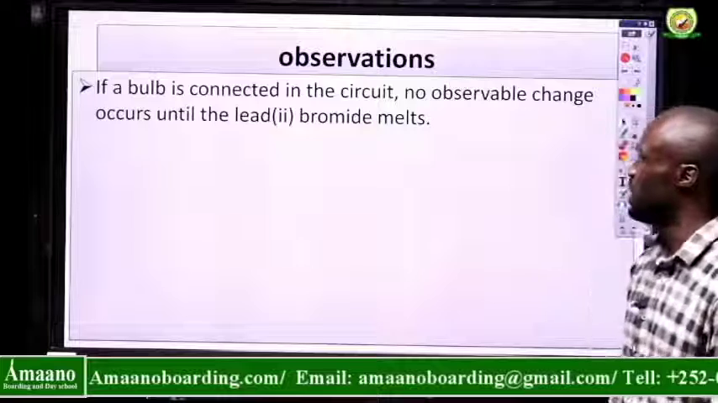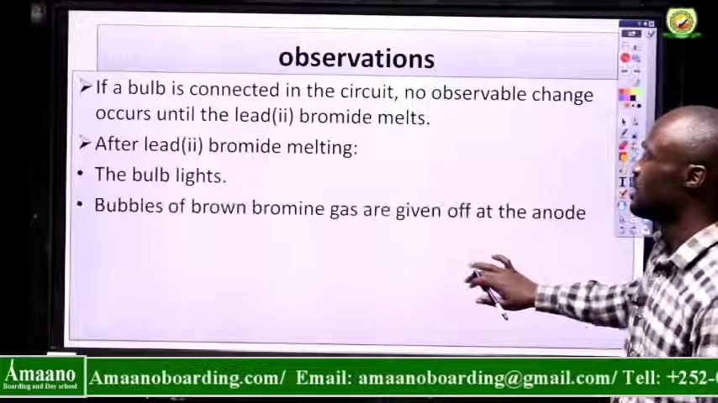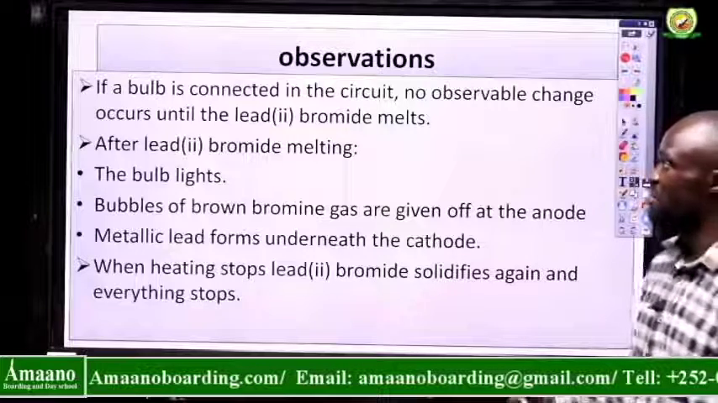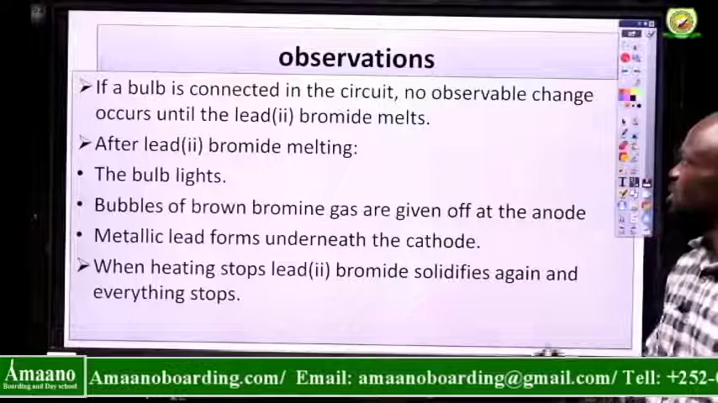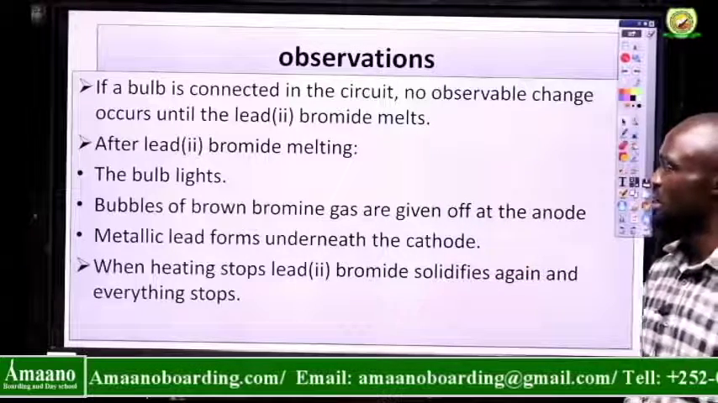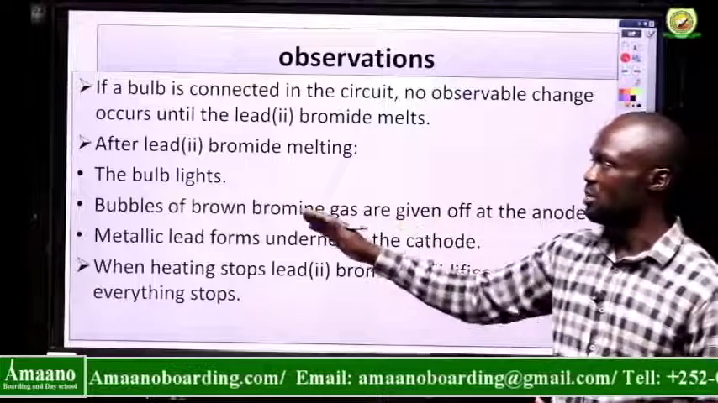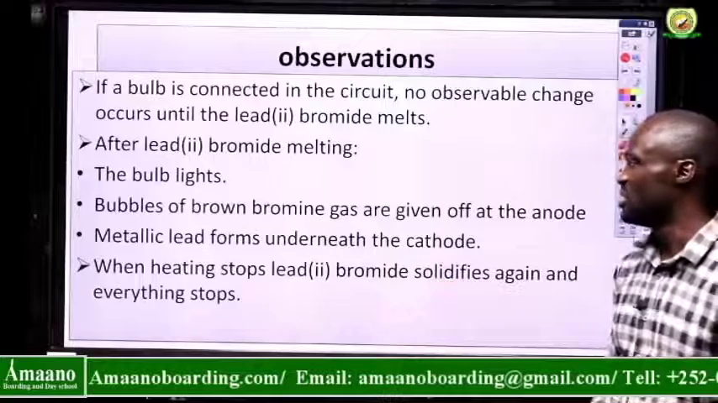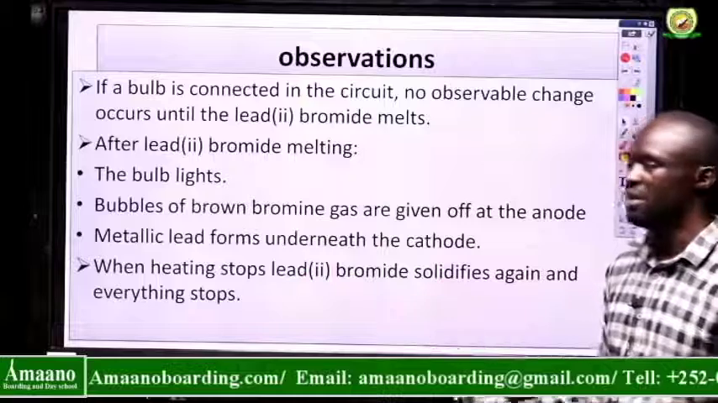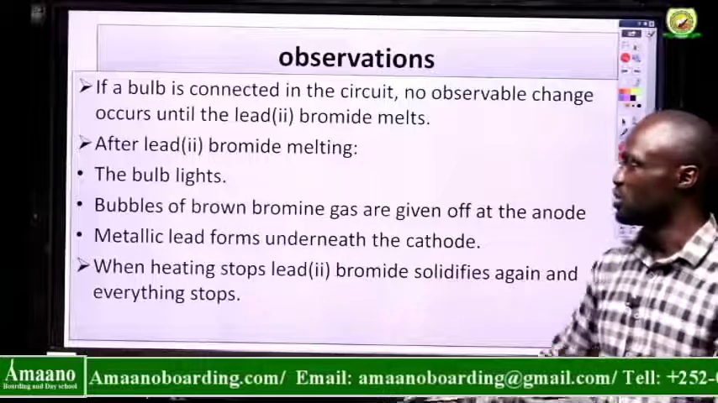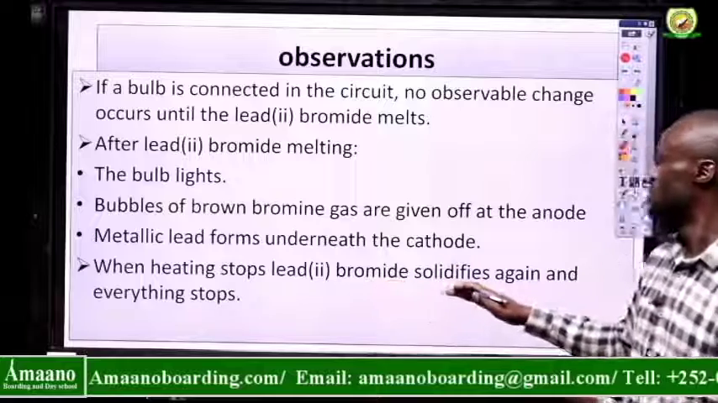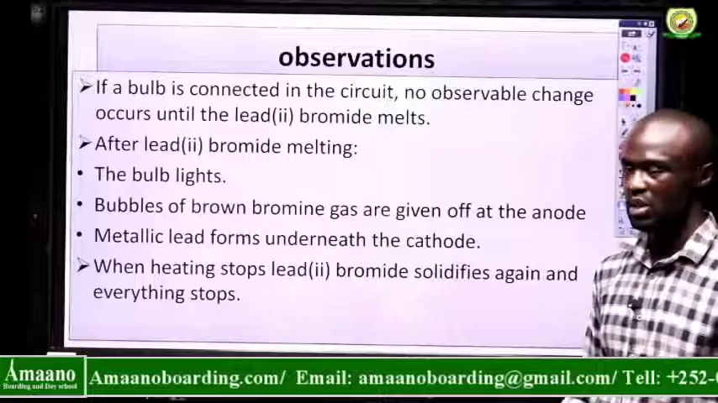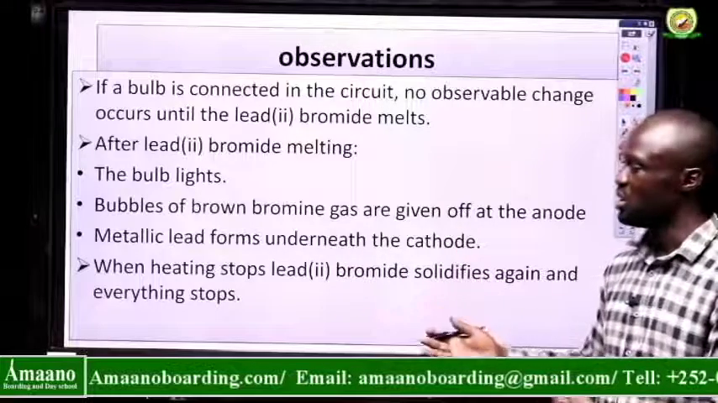We come to observations we make during this electrolysis. One, I've already said that before you melt the electrolyte, no observation will be made. But after melting, the bulb will light, you will see bubbles of brown gas being given off at the anode. Metallic lead will form underneath the cathode. And when you stop heating, the lead bromide will solidify again and everything will stop. That will mark the end of electrolysis. Reason,